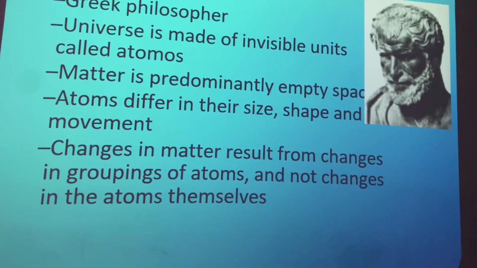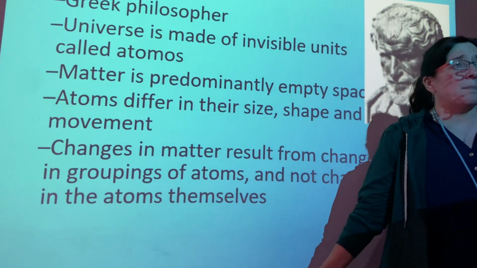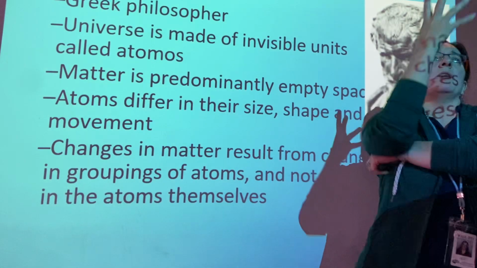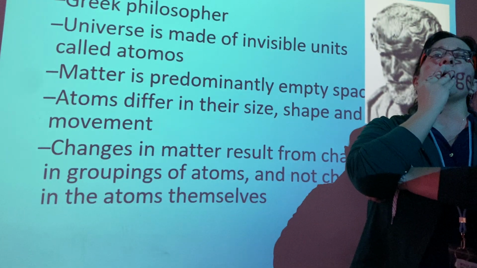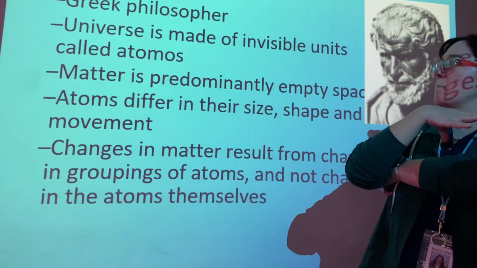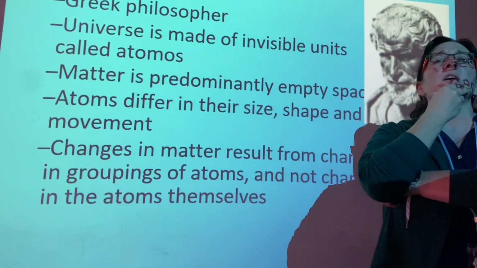Guys, look at the date, 4 BC. So he was a Greek philosopher, and basically they didn't even have books really back then. They had scrolls that they could write on, and they would sit around and think and think and think. I mean, this was the beginning of the books. We didn't have TV, we didn't have internet, we didn't have phones. But they would sit along and they would just think